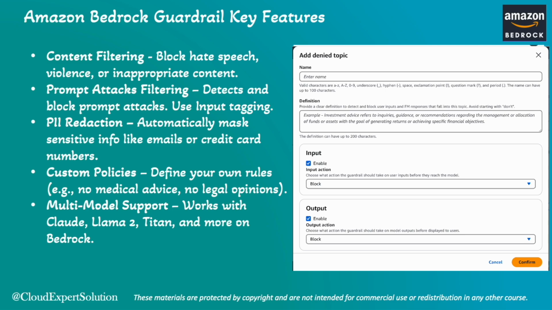Amazon Bedrock Guardrails supports multiple models, and it can work with Claude, Llama 2, Titan, and many more Bedrock models. Last but not least, you have the ability to create multiple guardrails and monitor and analyze user inputs that can violate the guardrails. Now let's review Amazon Bedrock Guardrails in action, and for this we'll log into the AWS Management Console